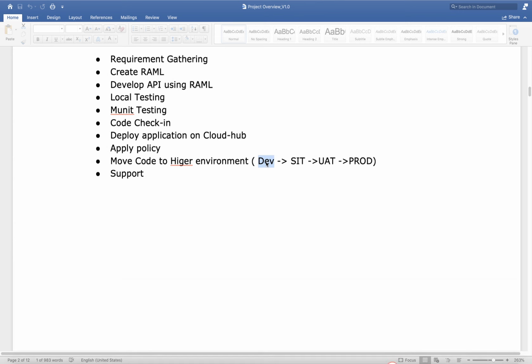Generally the testing team does this integration testing. Sometimes the functional team also does it, or in the worst case, as a developer you also need to do it. That depends, but in 90% of projects there will be a testing team and they will do SIT. UAT is generally done by the functional team with the help of the testing team.